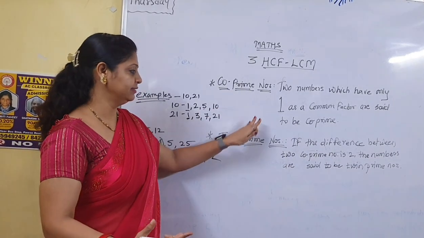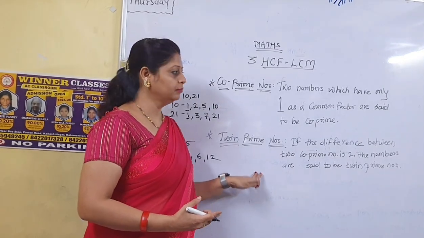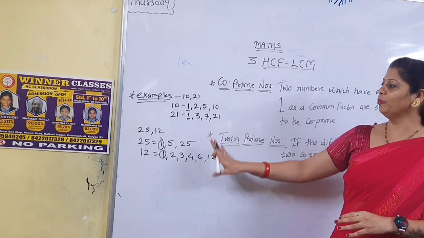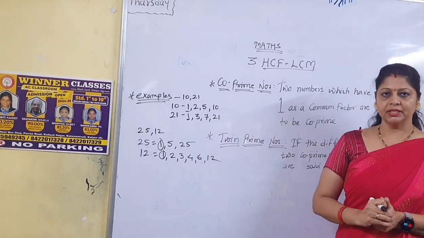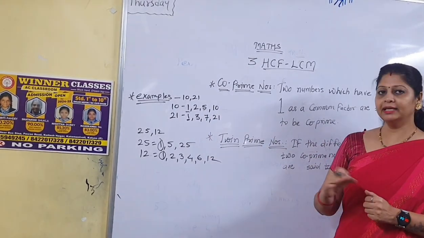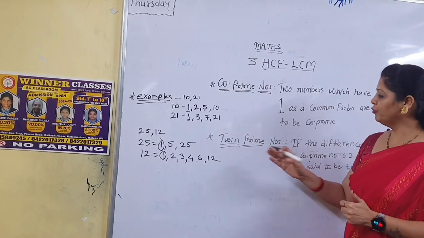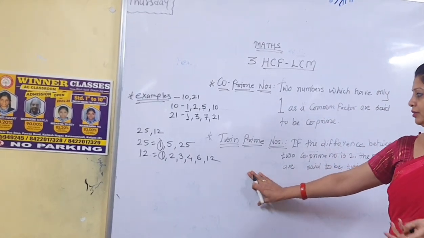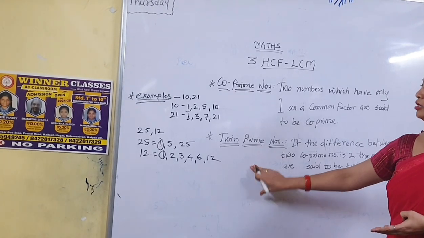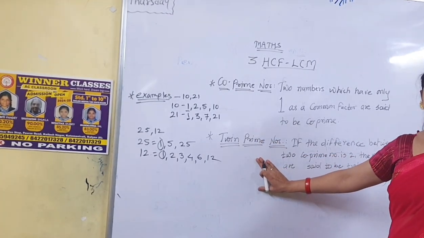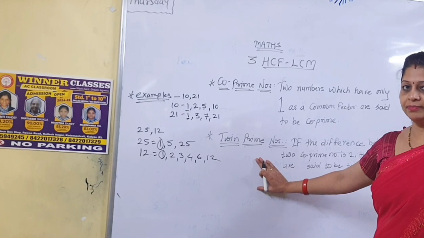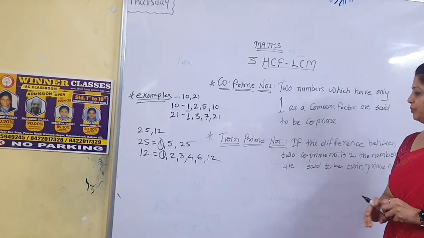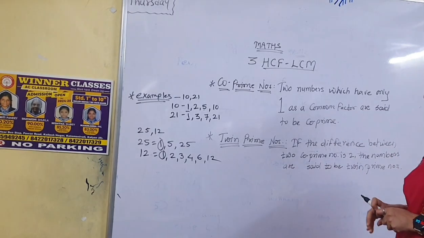Now next, that is twin prime number. Did you understand the previous one, children? So very easy. See, prime numbers and then co-prime numbers. Now moving to next, twin prime number. That is also a most important definition and most important numbers. Both are very useful for MPSC exam, scholarship exam and your 7th standard exam too. Okay? So twin prime number.